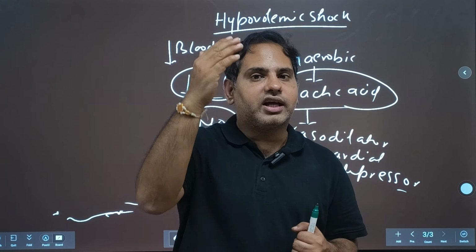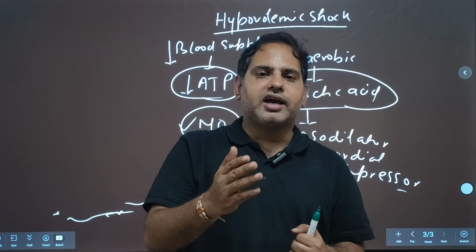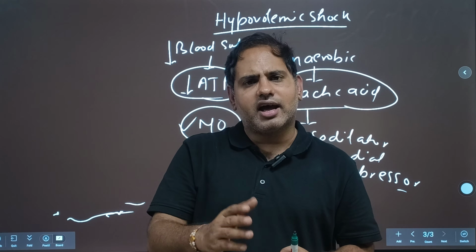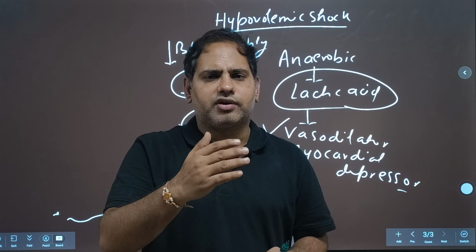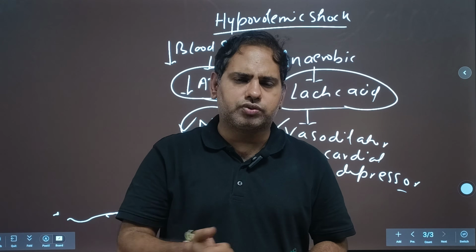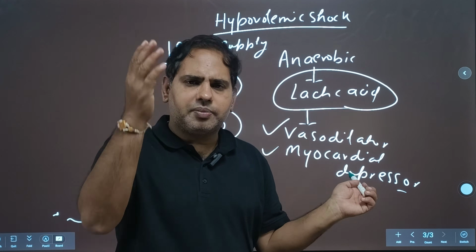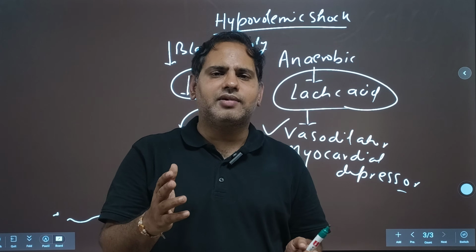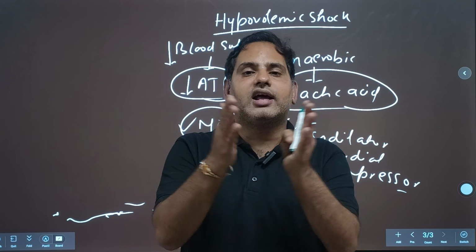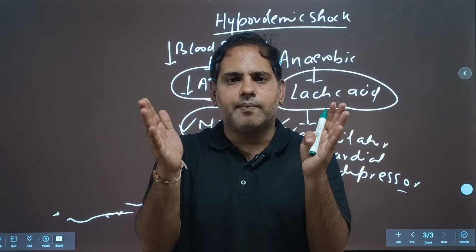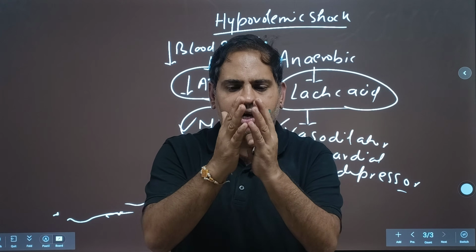क्योंकि इनकी ब्लड सप्लाई कम है तो इनकी एटीपी प्रोडक्शन भी कम है, ब्लड सप्लाई कम है तो ऑक्सीजन कम जा रही है, ऑक्सीजन कम जा रही है तो जो मेटाबॉलिज्म हो रहा है, जो आपका नॉर्मली ग्लूकोज से पायरूविक एसिड और क्रेब्स साइकिल और ऑक्सीडेटिव फॉस्फोराइलेशन होती है, अब क्या हो रहा है, आपका प्रोडक्शन हो रहा है लैक्टिक एसिड का और एटीपी कम बनना शुरू हो रहे हैं। और लैक्टिक एसिड मैंने बताया, लैक्टिक एसिड इज वैसोडाइलेटर, वो अब क्या करेगा, लैक्टिक एसिड ब्लड वेसल को डायलेट करना शुरू कर देगा।